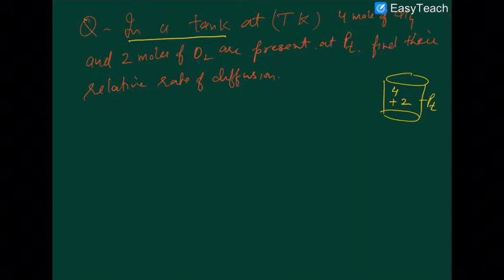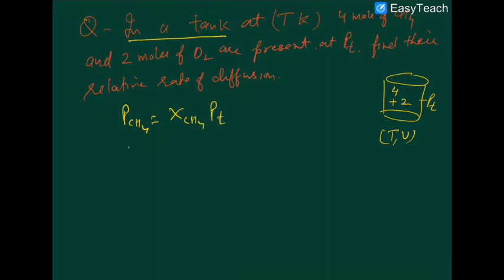Because why? Because temperature and volume are the same, but the partial pressure will be different. So partial pressure of methane will be mole fraction of methane into P total, and partial pressure of oxygen will be mole fraction of